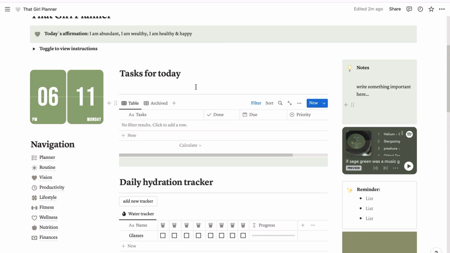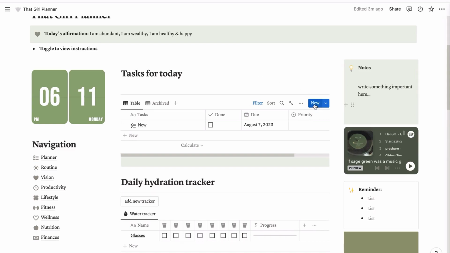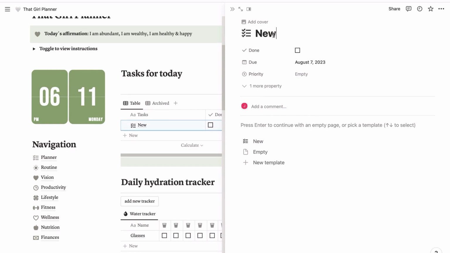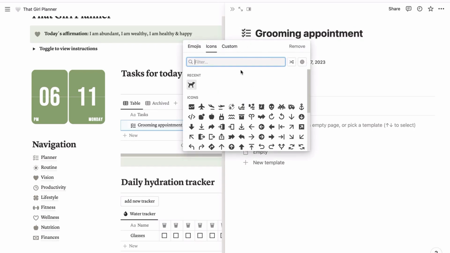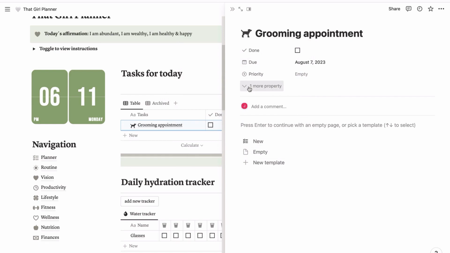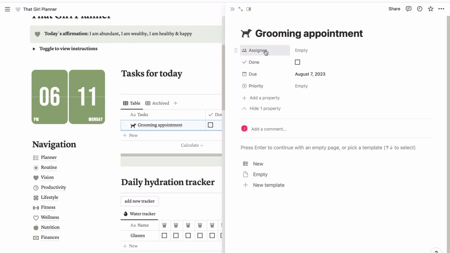So this one says tasks for today. I'm just going to press on new, and you can put in any task you have going on for this day, anything you want to do. Let's say today we have a grooming appointment. I'm just going to put this in as an example. And then again, like I said, you can change those icons, and I'm just going to change it to this little dog. And then if you use your Notion with a family member, for example, you could click on one more property, and you could assign this to someone from your family. For example, if your daughter has to take your dog to the grooming appointment. But because I'm not going to do that, and I'm just using it for myself, I'm just going to hide